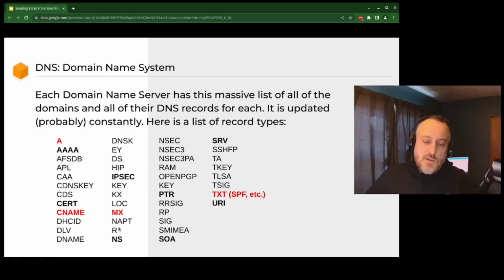I'm just showing that DNS has a lot of moving parts, and you can do a lot with DNS. You don't have to be an expert though to solve this or to set this up properly, but I think it's important to know what these records are.